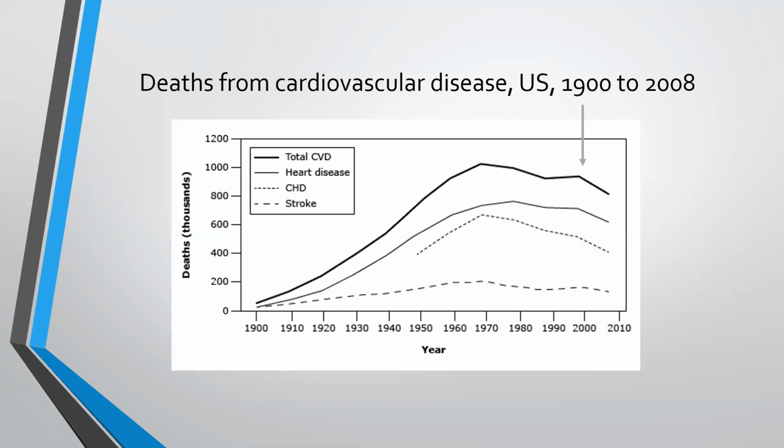This slide is kind of a similar idea, but it goes all the way back to 1900. As the decades progressed in the 20th century, more and more people began to die from cardiovascular disease. It's kind of a combination thing. A, there's more people as time goes on, and B, we started living longer. People tended to die earlier in the 1900s from things other than heart disease, things like pneumonia and infectious disease and tuberculosis. They got them before heart attacks did. But as we got better at treating those things, basically heart disease started to go up.